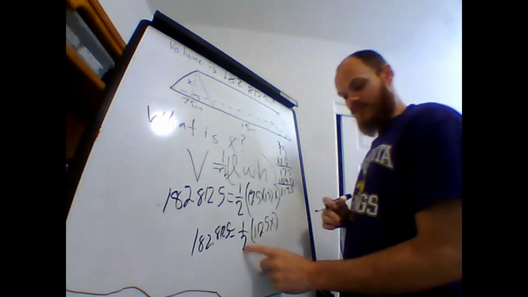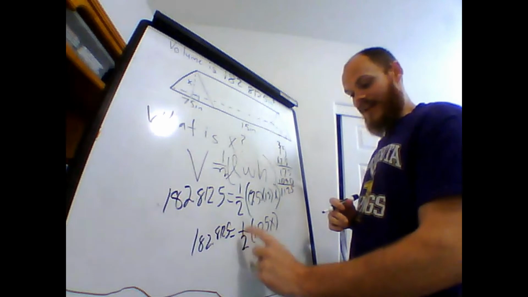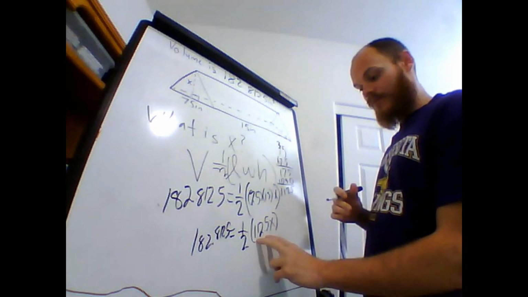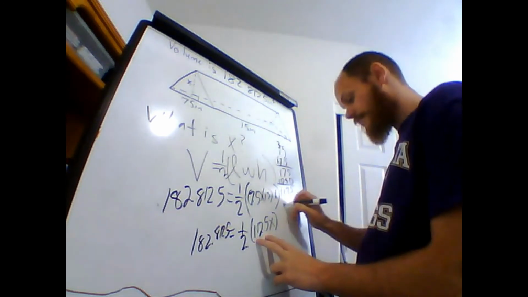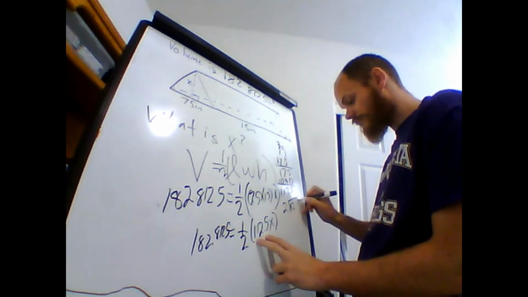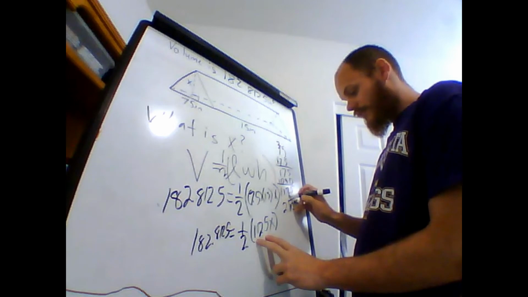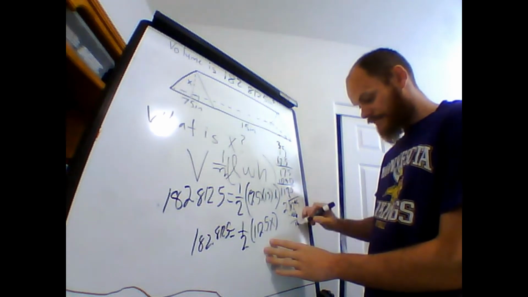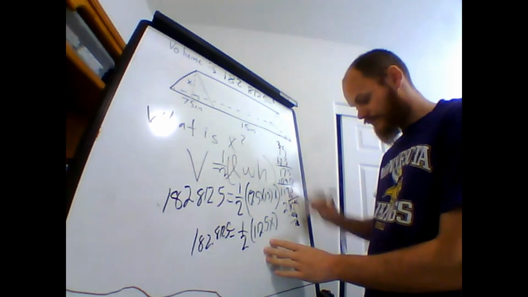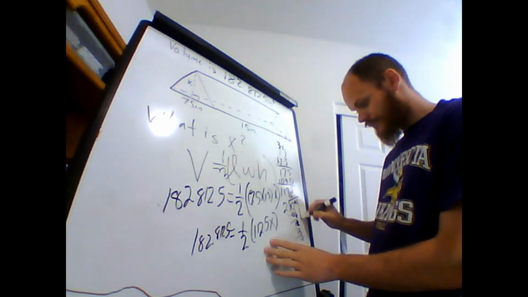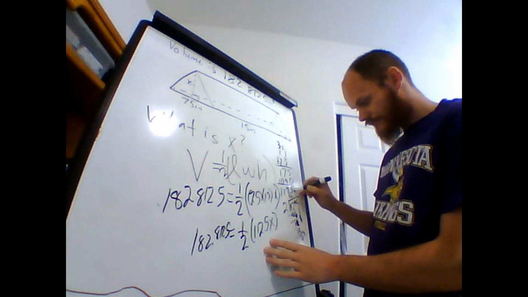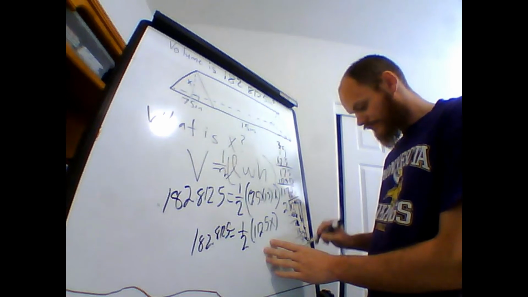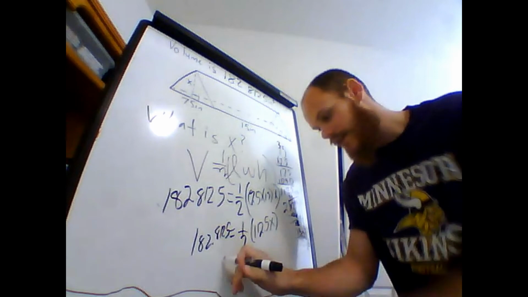So now I have to do my distributing here of the 1/2. So I'm going to have to do a half times this. 1/2 is just dividing it by 2. So I'm going to end up dividing 112.5 divided by 2. So I'll do that right here. You end up getting 56.25. So now you've got